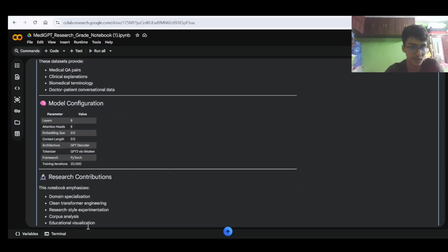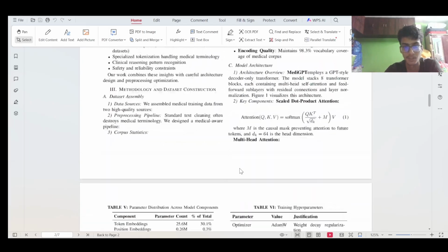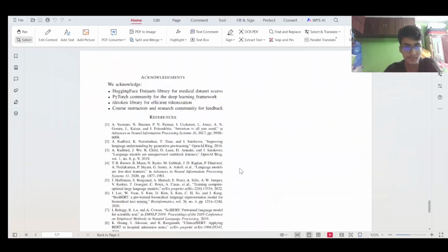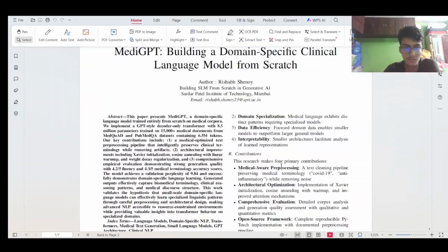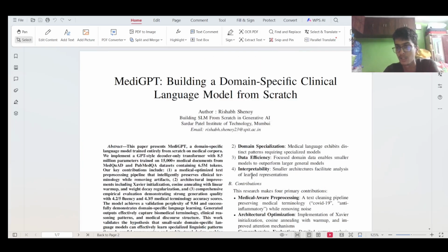Then firstly I will show you the research paper, which I have published so far. And as you can see, first of all, the introduction. So first of all, why are we building SLMs? Because LLMs require so much computation power, and LLMs are trained on a huge amount of data and a huge number of trainable parameters, from billions to trillions of parameters, which is not feasible in our case because we are using a normal computer,